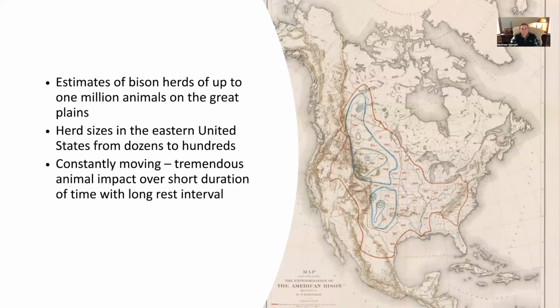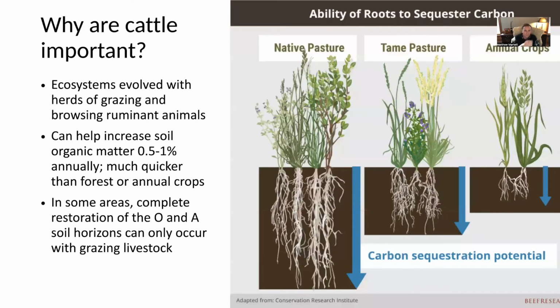And so it's estimated there were bison herds up to 1 million animals on the Great Plains. Herds in the eastern United States were not as dense, but were thought to be in the dozens to hundreds. And again, they were constantly moving. There was a tremendous animal impact, but it was over a short duration with a long rest interval. And so, why are cattle important in a regenerative